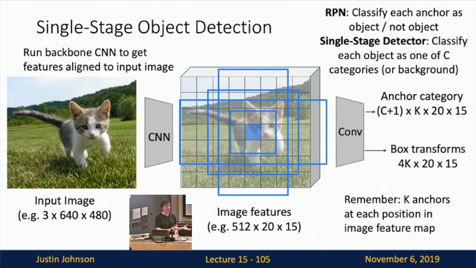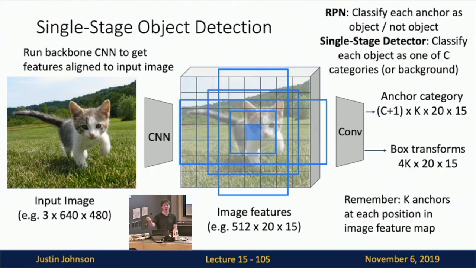which look just like the RPN in Faster R-CNN, except that rather than classifying the anchor boxes as object or not object, we'll just make a full classification decision for the category of the object right here. So suppose again we have C object categories that we want to classify. Now when producing outputs for the anchors, we've got maybe 20 by 15 spatial size in our image feature map. We've got K anchor boxes at each position in the feature map. And for each of those anchor boxes, we want to directly output classification scores for the C categories